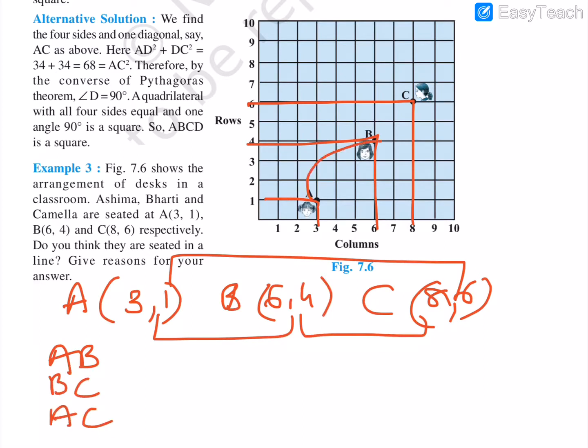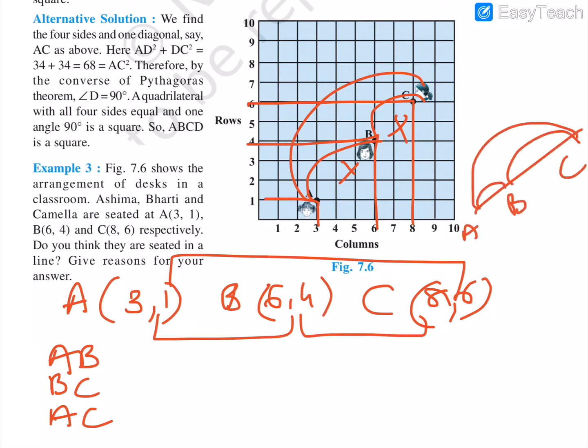If the distance AB and the distance BC, if you add these two and you are getting AC, then we can say it is a line. Otherwise it is not a line, because if A, B, C are in line, adding these two distances gives the total distance. In case they are not in line, C is somewhere else, and if you add these two distances, the actual distance will be less. Okay, you got the concept? So to prove them, we will have to find out AB, BC and CA distances.